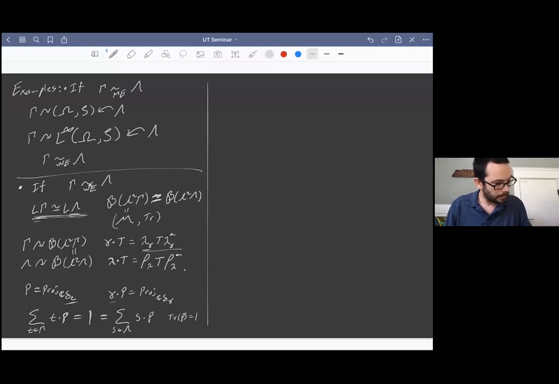Yeah, what else do I want to say about that? Yeah, let me mention this result of Ioana and Kida from 2011. I see there's a question. Do you have a good example where the coupling algebra is not type 1? Yes, I do.